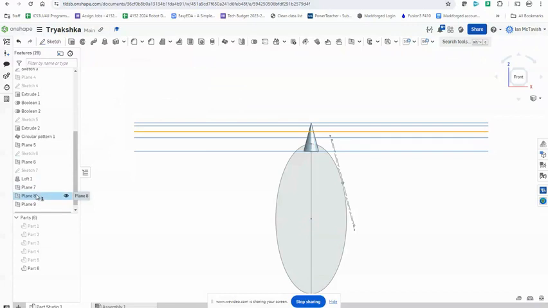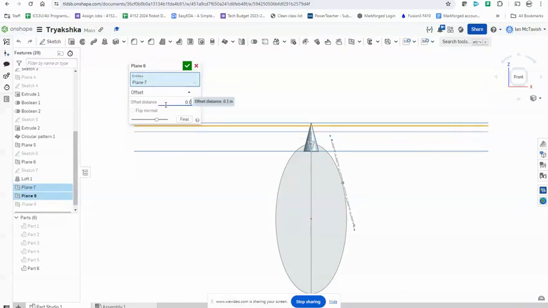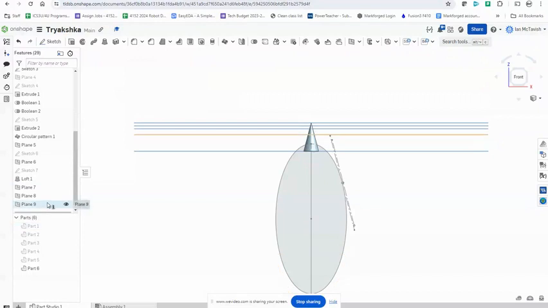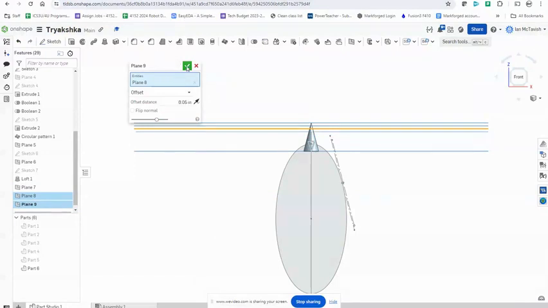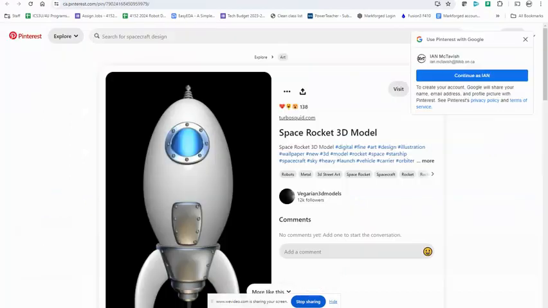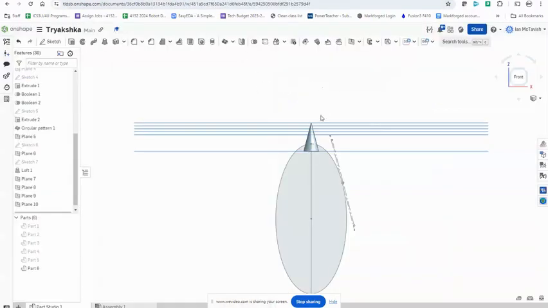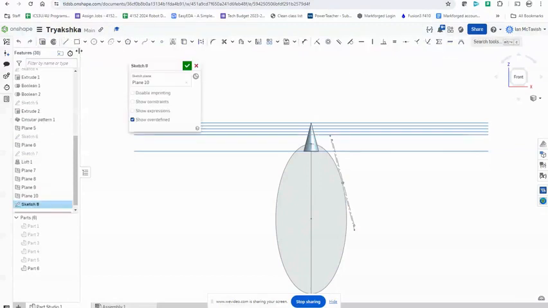So I'm just realizing their 0.1 is going to be a little too much. So just having that. And my goal here is just to show you how to do it. Flip it. 0.05. So what you have here is you have that kind of thing. So what I'll do here is I'll just create a sketch on that plane,